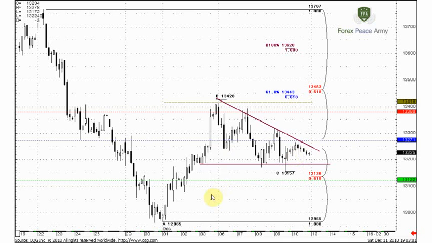The nearest target of this possible move is the ABC pattern, but the C point will be a bit later if we see the breakout. Currently it's around 134.43. This is the first scenario. The second possible scenario is when the market touches the weekly pivot point in the beginning of the week. If it fails there, be prepared for a move to the downside. And in this case, will it be wash and rinse or will it not? I do not know. But do not be long if the market fails around the weekly pivot point and moves lower. Don't open long bullish positions in this case.